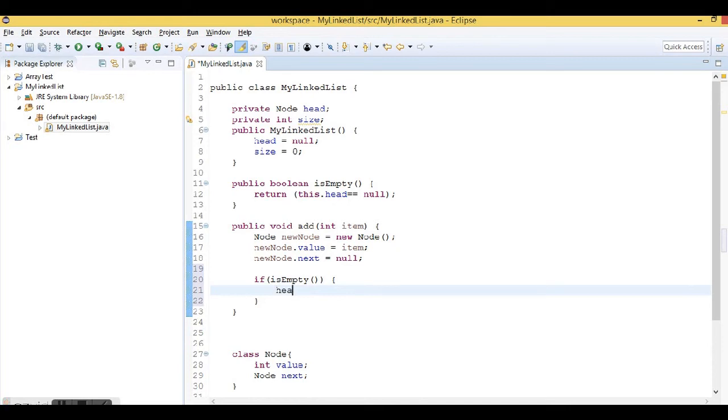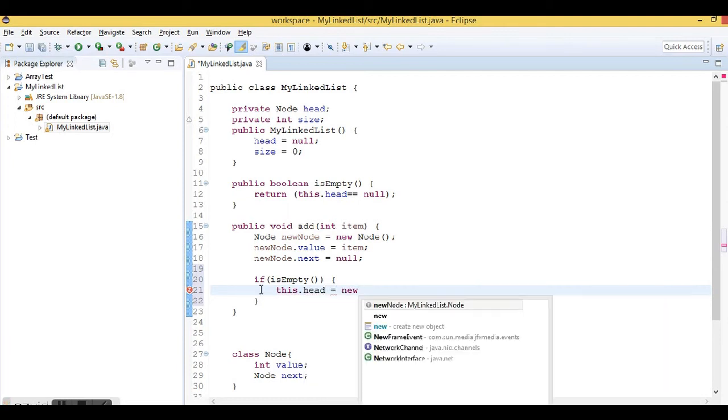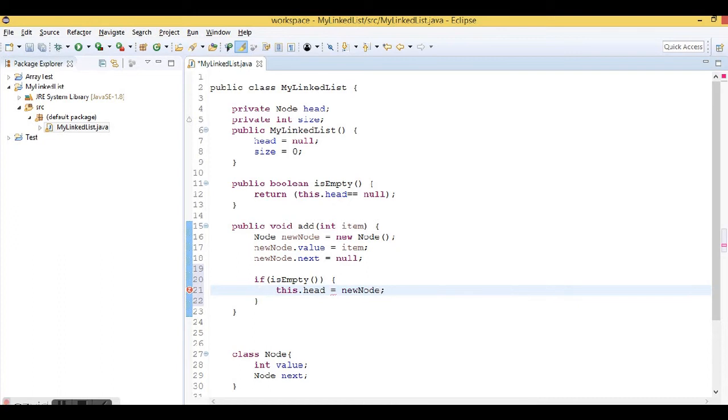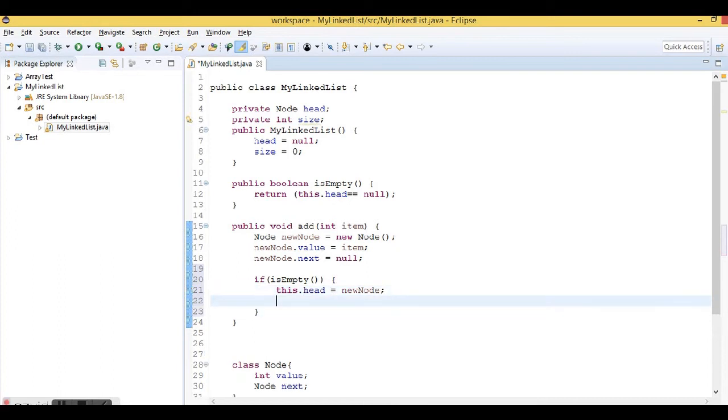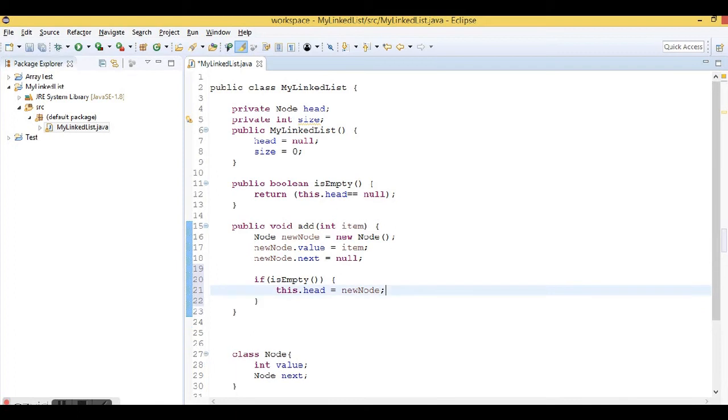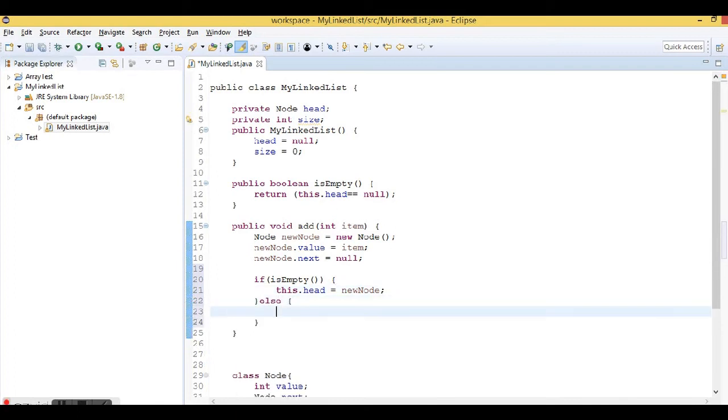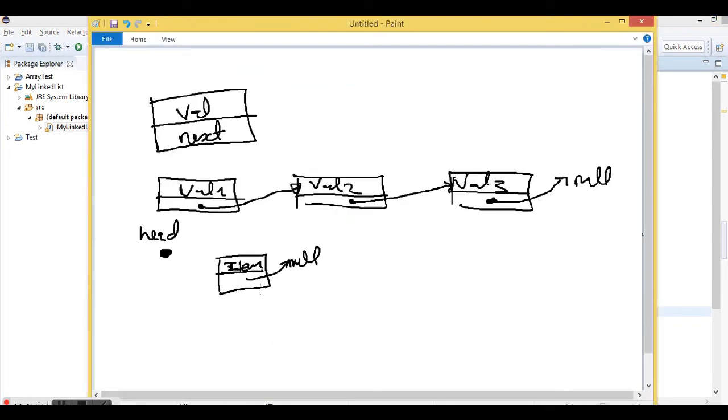So simply, the head of this class will be equal to the new node if the list is empty. And then else, if there is an item in the list. So if the list is empty, the head will just point to this